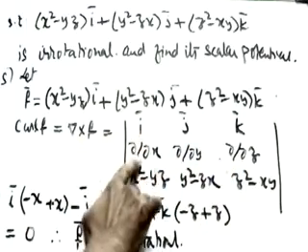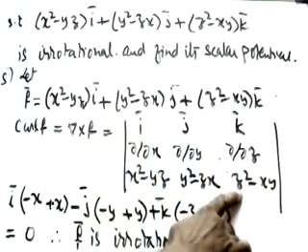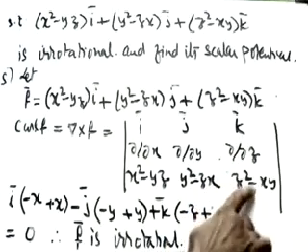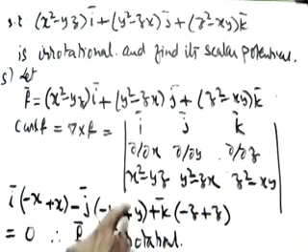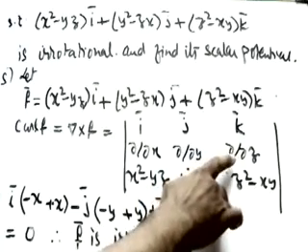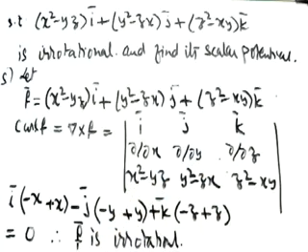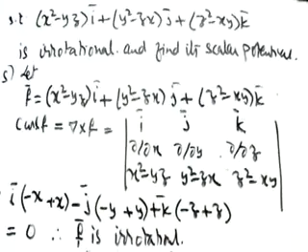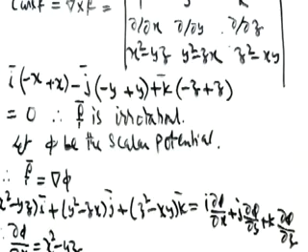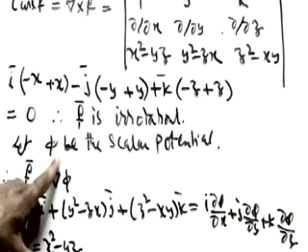Similarly, when we take j, we differentiate this with respect to x. This is 0, x gives 1. 1 into minus y, minus, again with respect to z, minus y plus y. Similarly, you get this one. So this value is 0. Minus x plus x is 0, into i gives 0. Similarly for j, 0. So this is irrotational. Therefore, F is irrotational.